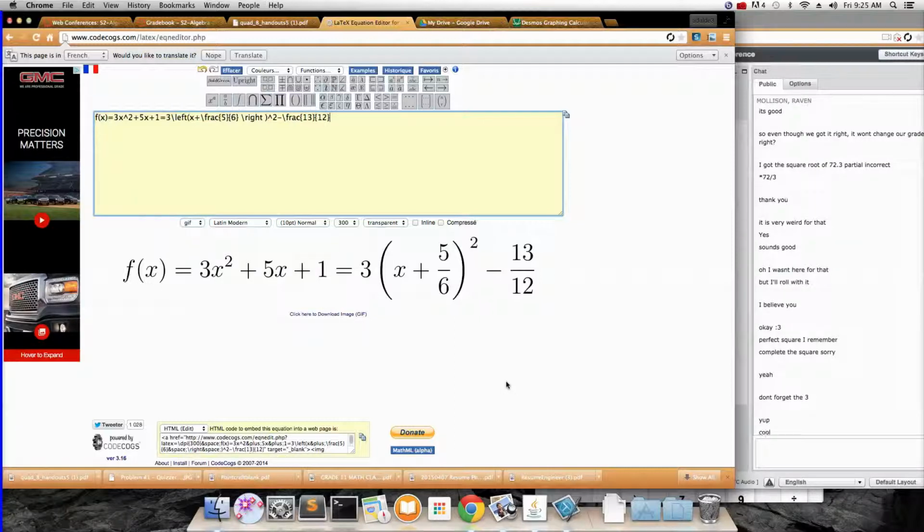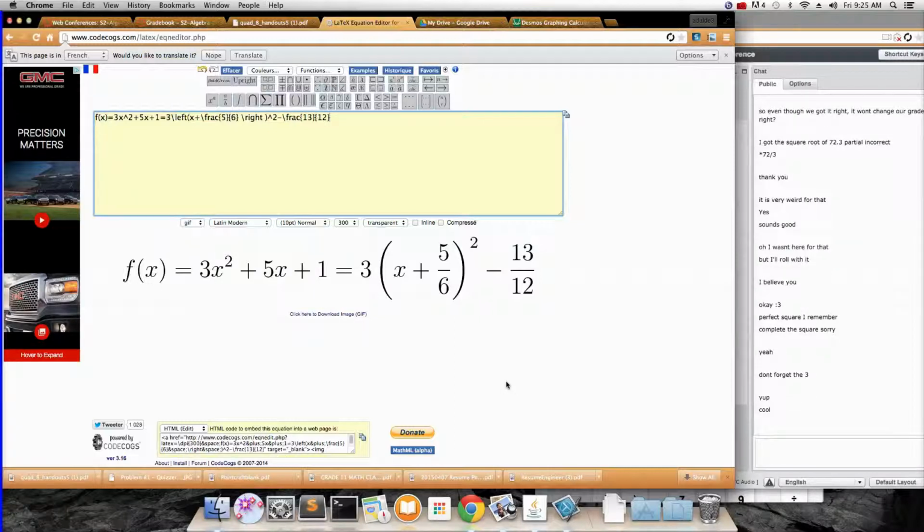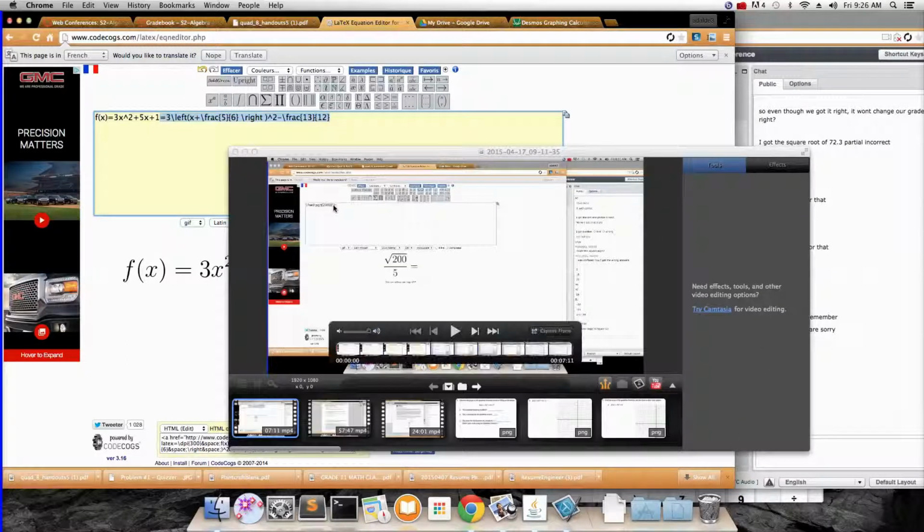Okay. Now, here's what I would do. If you were to ask me to give you the graph of, let's see, I wonder if I can do this. I don't know, I didn't try it. I'm just thinking off the top of my head. But if you were to ask me to give you this thing in vertex form,